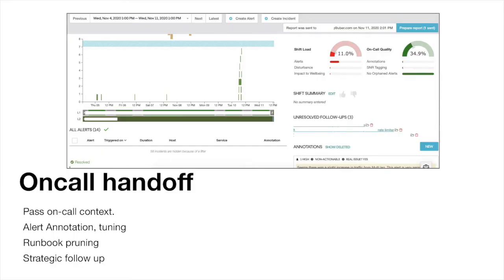One of the other key processes in being on call is the on-call handoff. This is another very effective practice we found, and it happens between two successive on-call shifts. The previous on-call person gives a briefing to the person coming on call. This will cover anything notable, basically all the context, and generally also on-call runbook annotations, like whether the runbook is accurate and if anything needs to be updated. If any alert tuning is happening, all of those things happen during the on-call handoff.